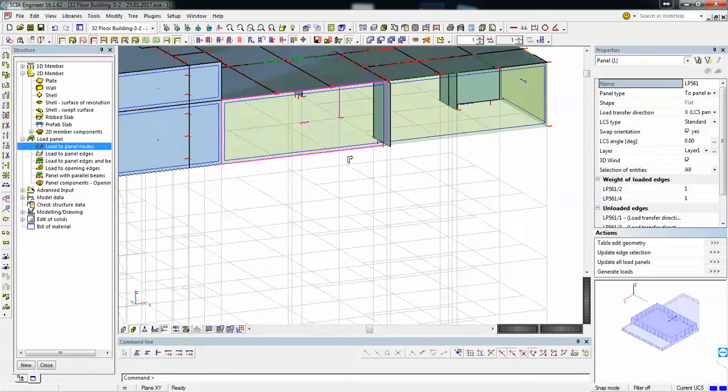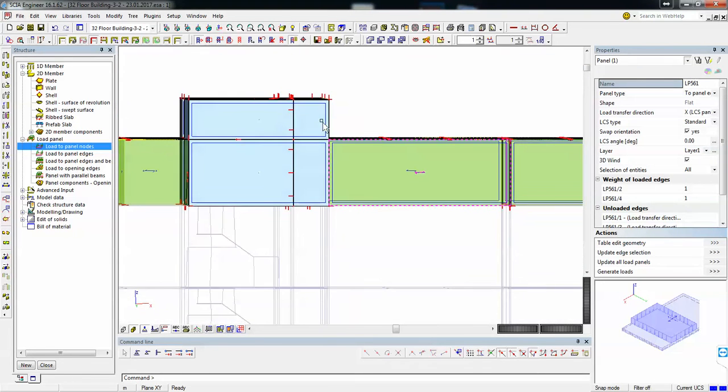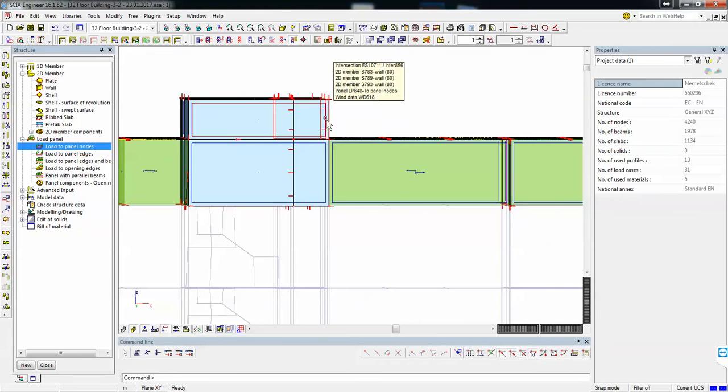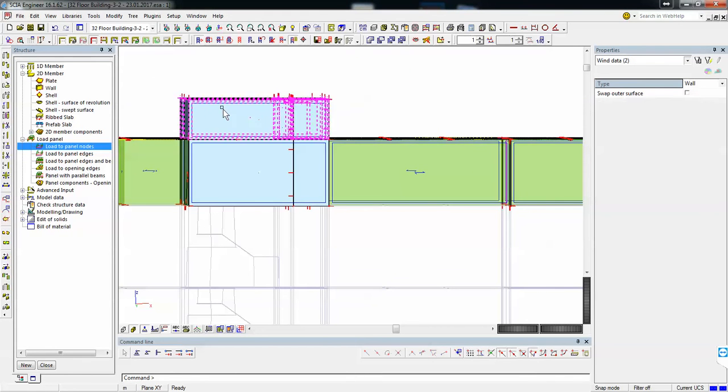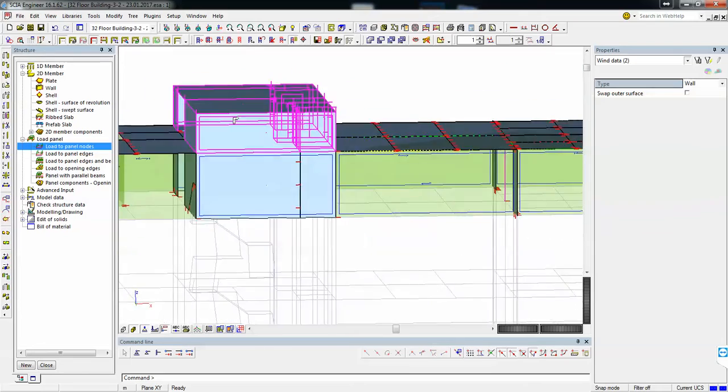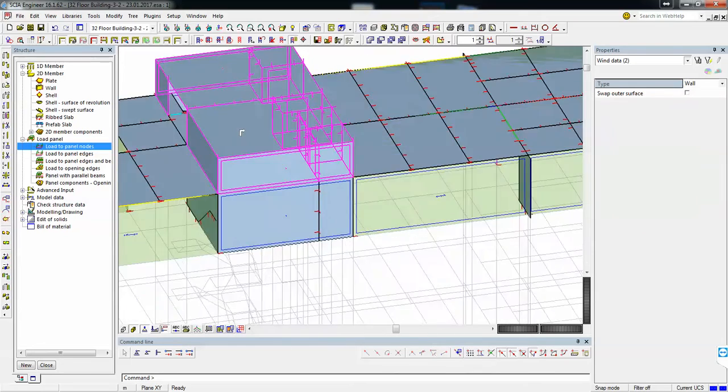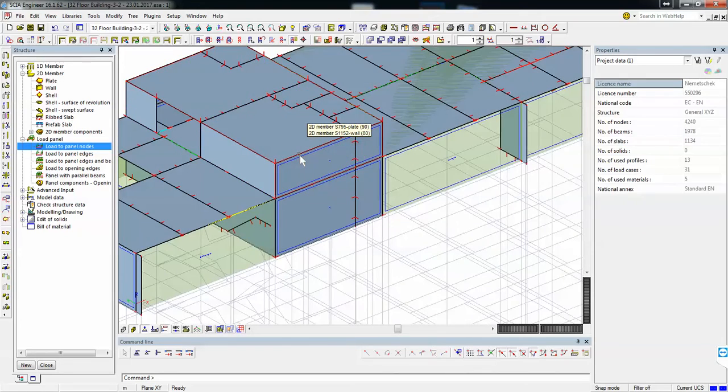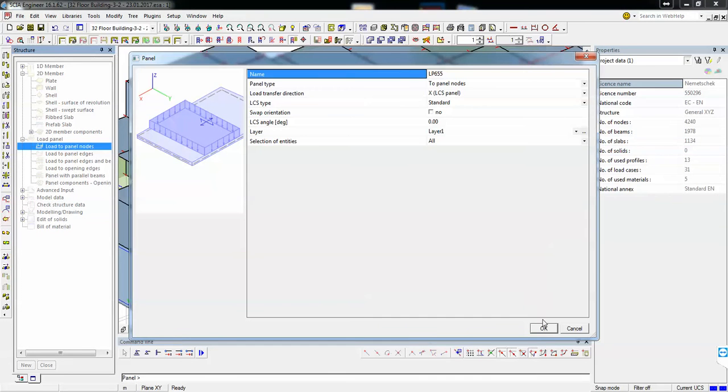This panel is okay from the lower side. Let me check here if there are any panels left. So this would be okay. Load panels to points.